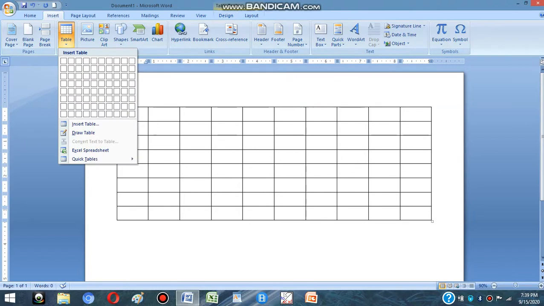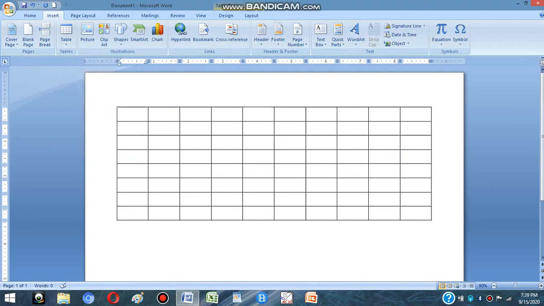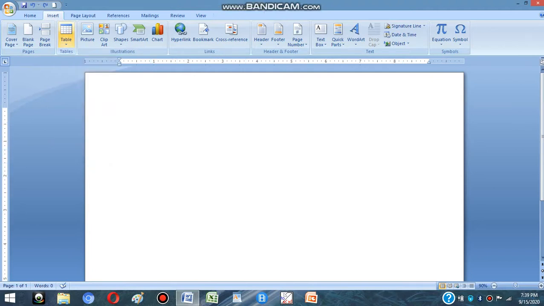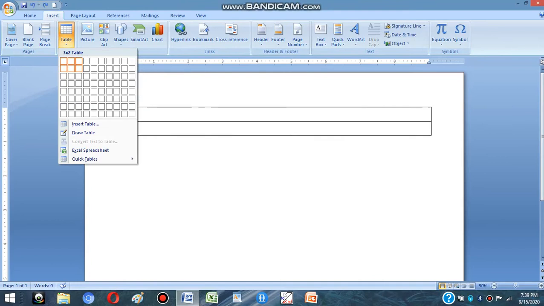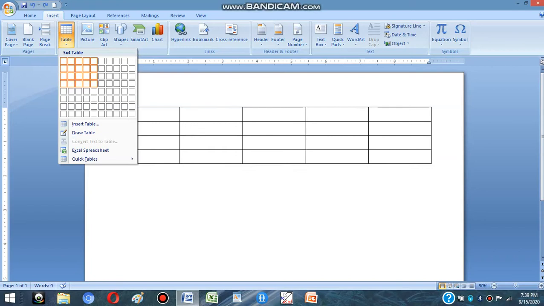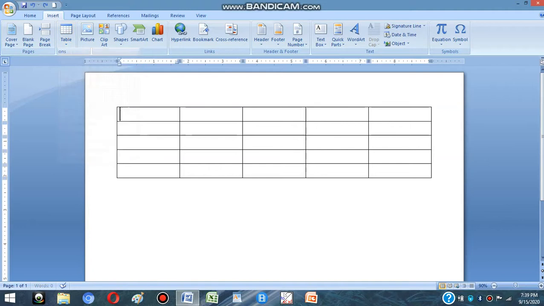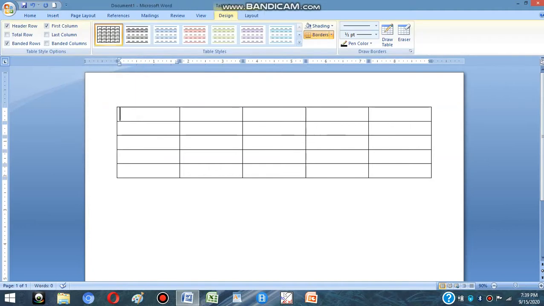Now we will see the next way. Again, if we want a small table from the grid, we can do that also. Simply we have to take our mouse, select only how many rows and columns we want, and then click on the last cell. Our table will be inserted.